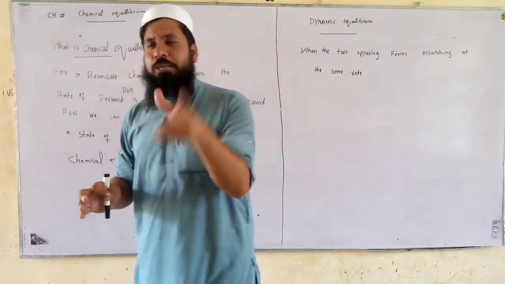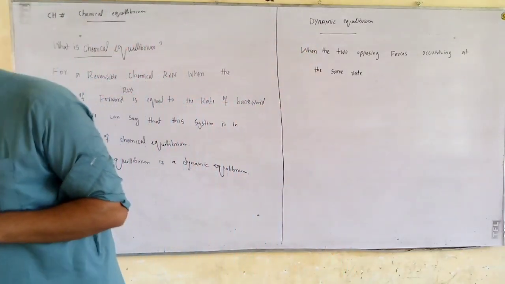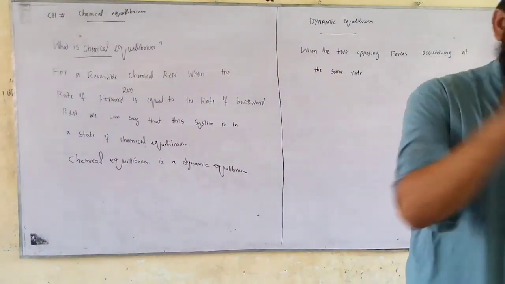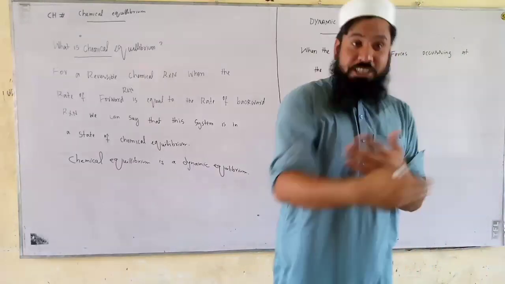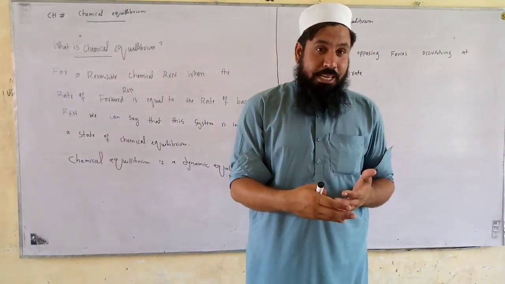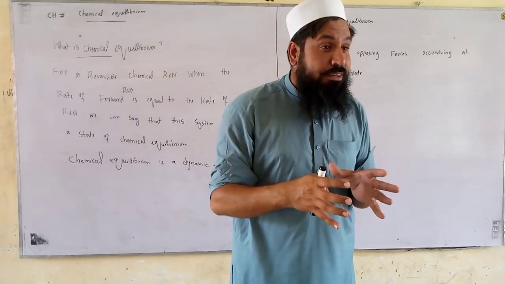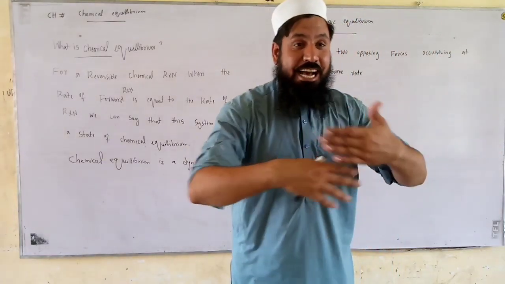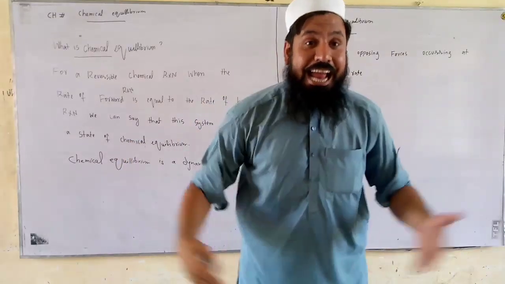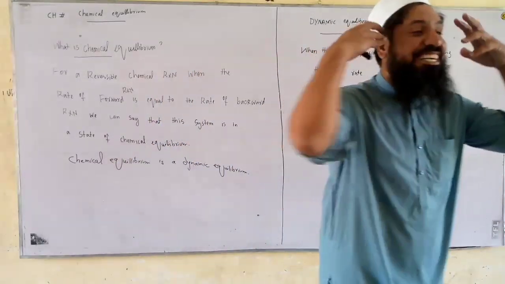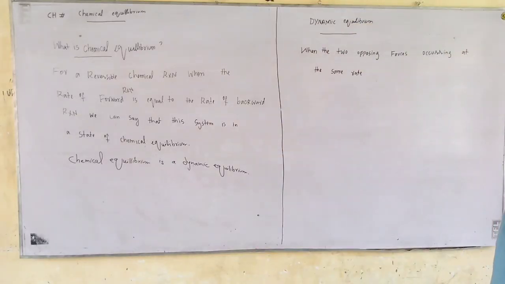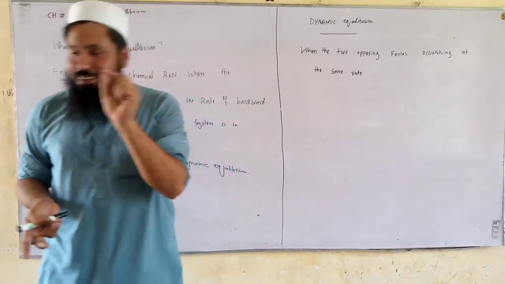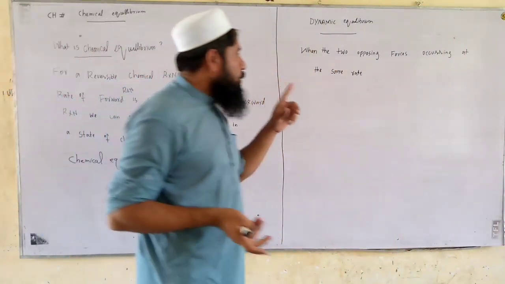Equilibrium हम उस स्टेट को बोलते हैं when there is no change in the concentration of the reactant and the product. And dynamic means in motion. Dynamic equilibrium is the term used when the two opposing forces are occurring at the same rate and there is no change in the concentration of the reactant and the product. You got my point? What I am saying,